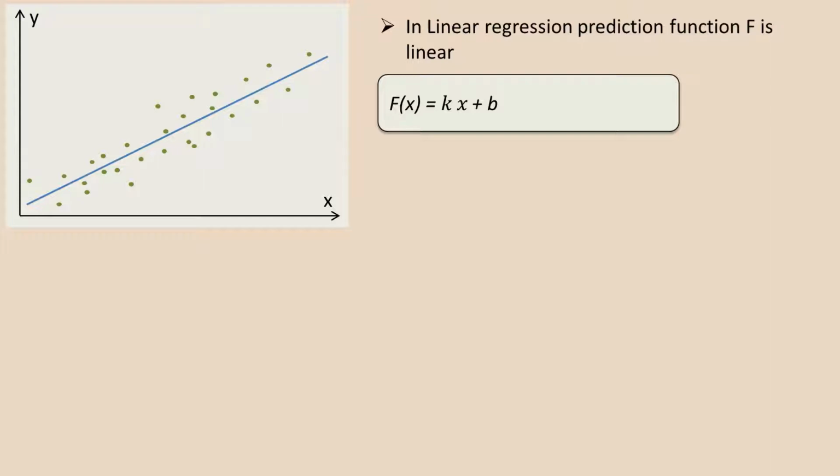So our task, in case we have only one input variable, is to pick up this coefficient k and value b, and after we pick them up based on our input data, we can then use them on our data in the future. We can have some other x values which we will fit into this formula, and this formula is going to produce our output value y for us.